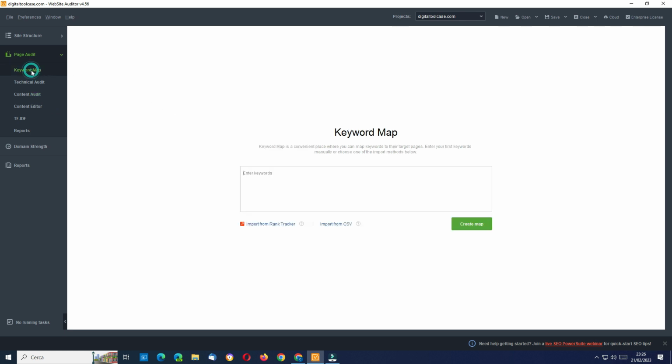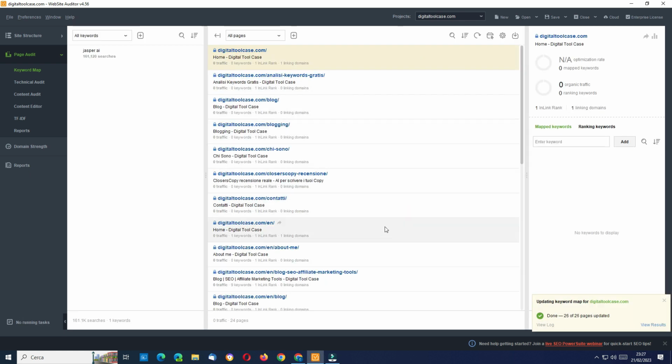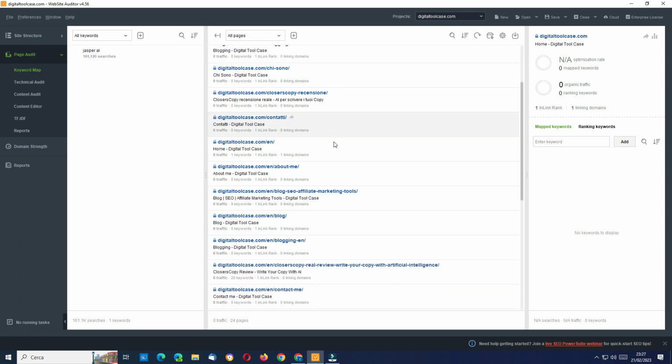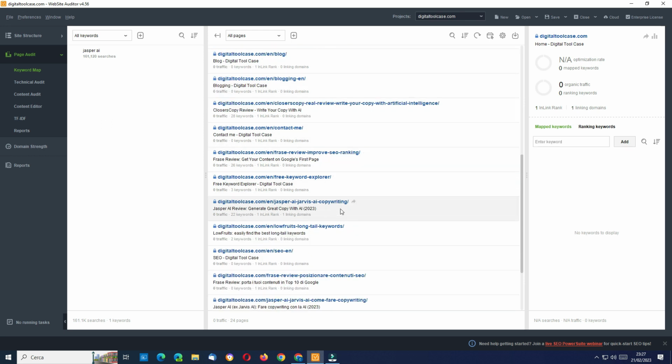Let's start from keyword map. Here you can insert a keyword and you can map keywords to their target pages. For instance, Jasper AI is one of my keywords in this example, and this tool is finding all my pages related to this Jasper AI keyword. So, for example, if I try to find my Jasper AI review, okay, it's this one,